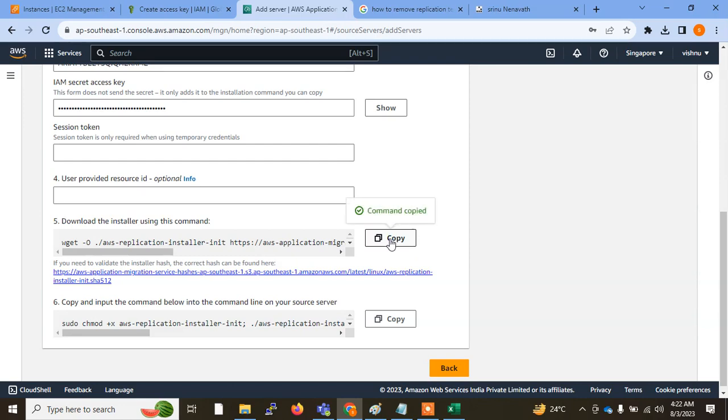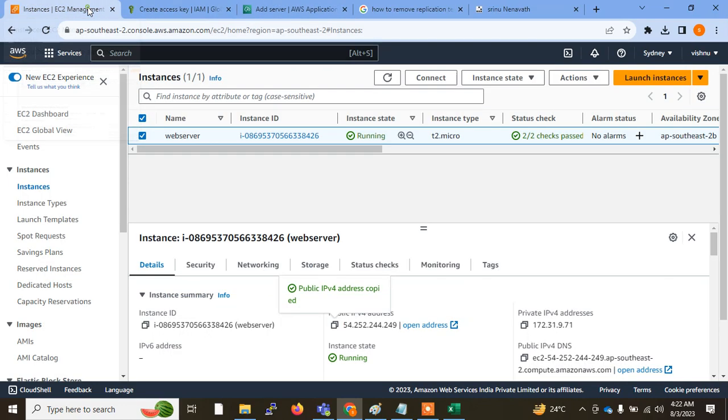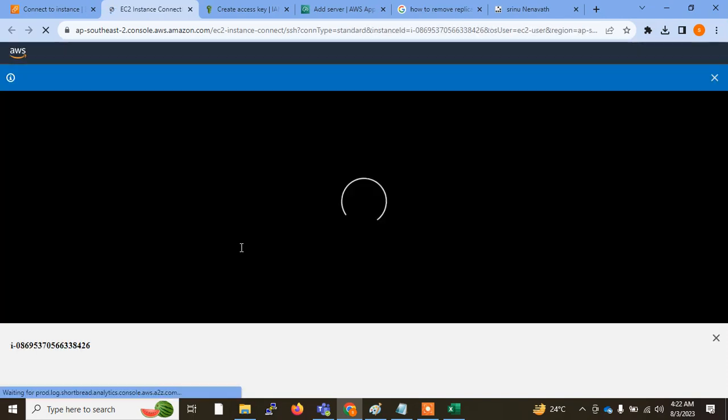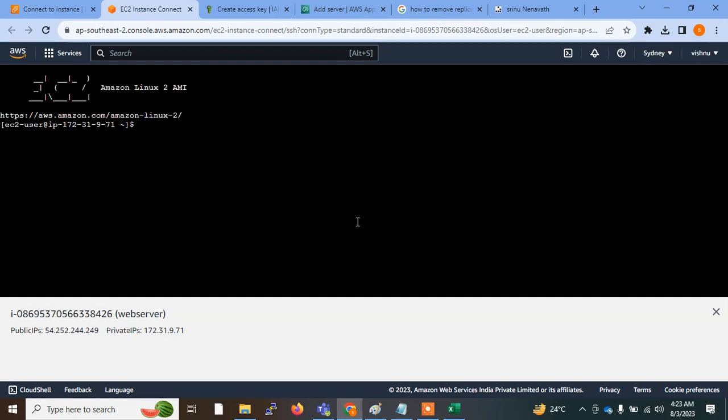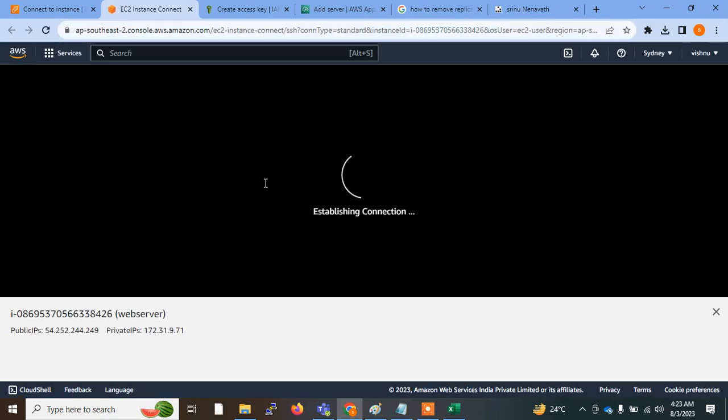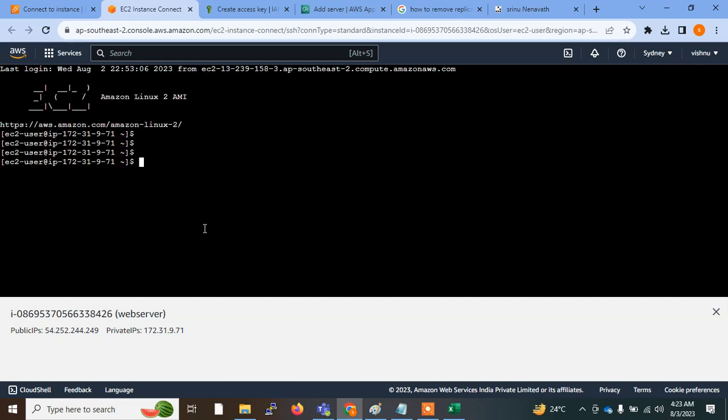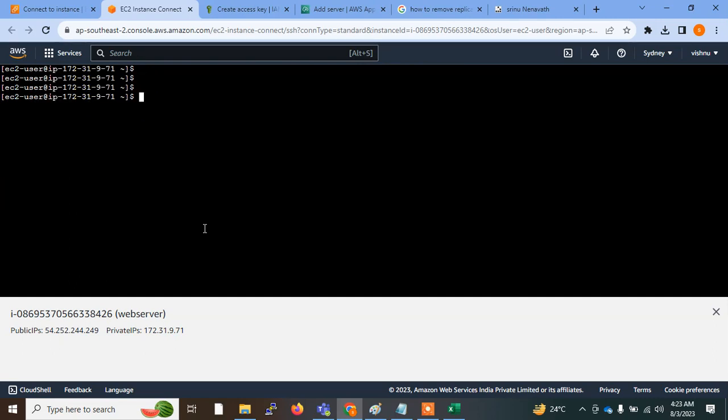Take this command, go to your source server, log in to this server. Yes, I am able to, and Ctrl+L to clean the screen. Now create one directory, sudo